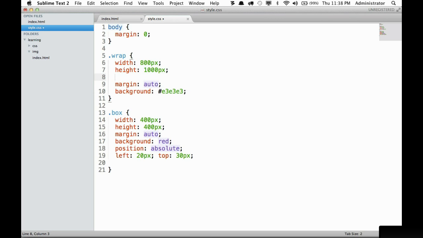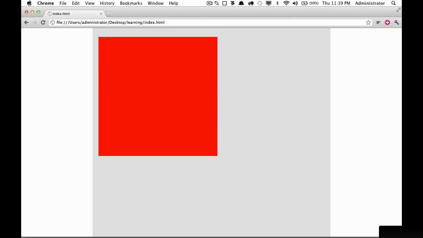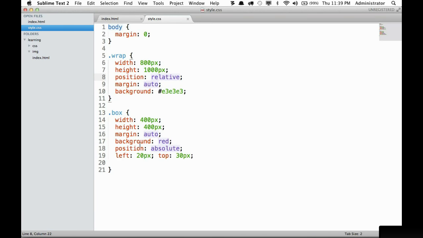Watch what happens, though, when we apply a positioning context of relative. You're going to see this box move, refresh. Now it's changed because now we are setting the box positioned absolutely in relation to its nearest parent, which is the wrap. So now it's limited to the width and the boundaries of the wrap. Hopefully that makes sense. As I'm explaining it, I can even imagine it being confusing, and it probably is, but just stick with it and work with me through these